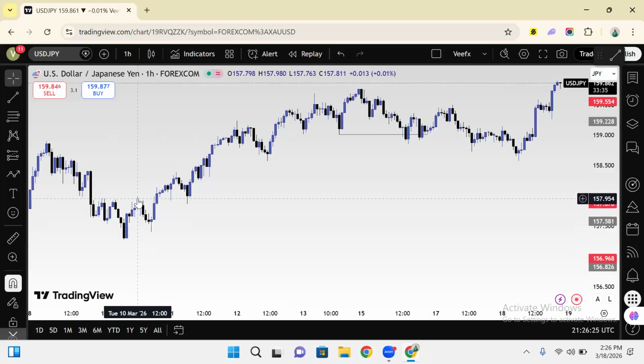This is a high. This is your higher high. This is your higher low. Now your higher low needs to take out your higher high. Remember, this was the last high. This is the last low. The last low needs to take out this last high and give you a new higher high. So this is the last low and it has taken out this last high. So you now have a new higher high here,